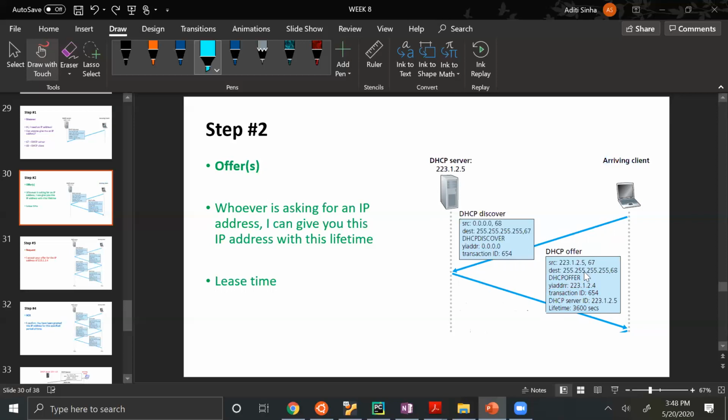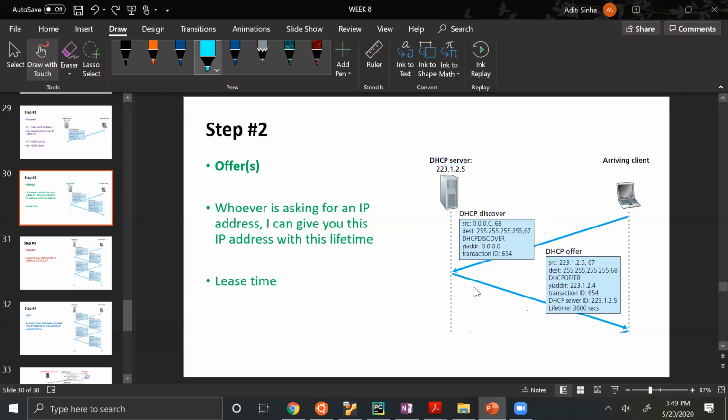This message is also a broadcast message, which means that whoever is asking for an IP address, this is the IP address available. So our discover message was broadcast, and the corresponding offer is also broadcast. And the S in offers means that there might be multiple DHCP servers in a network, such as if the network is very huge.